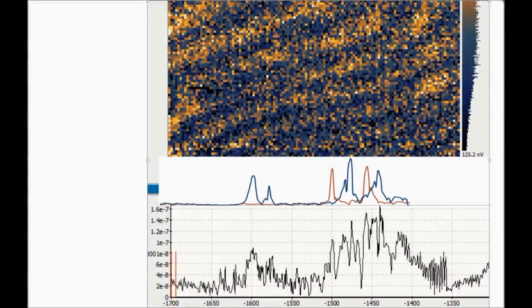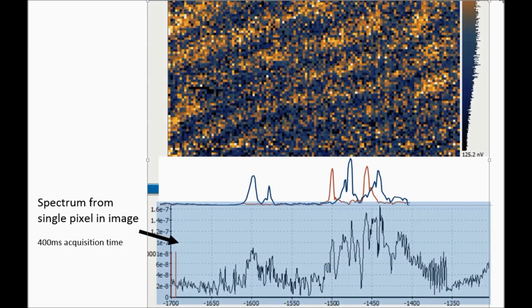This video visualizes the data taken in a hyperspectral PIFM image. All the data in this video is taken from a single image. At every pixel, the tip pauses and PIFM is recorded as the excitation laser is swept from 1300 to 1700 wave numbers. Each spectrum is recorded in 400 milliseconds, and one from a single pixel in the image is displayed